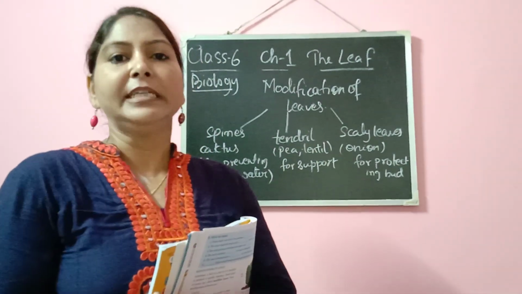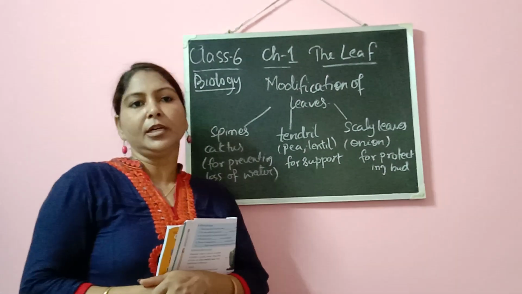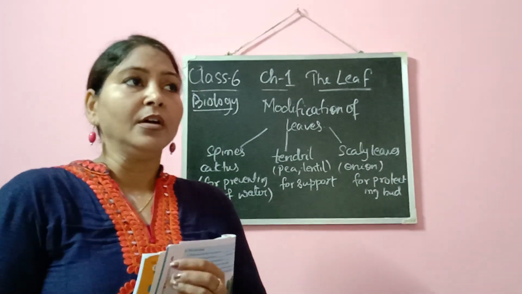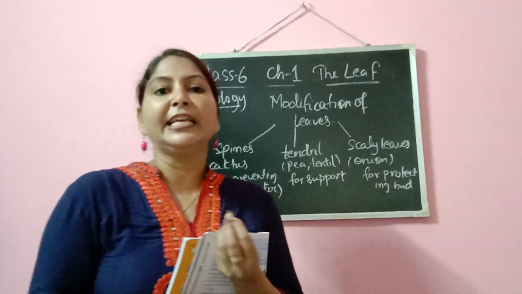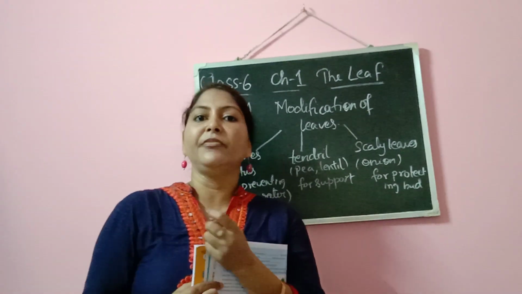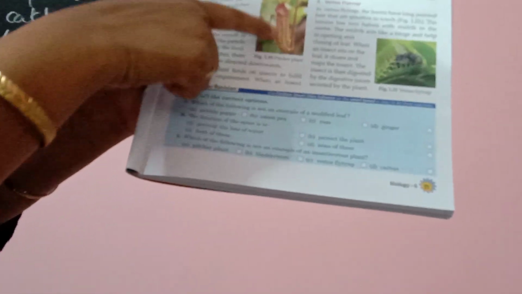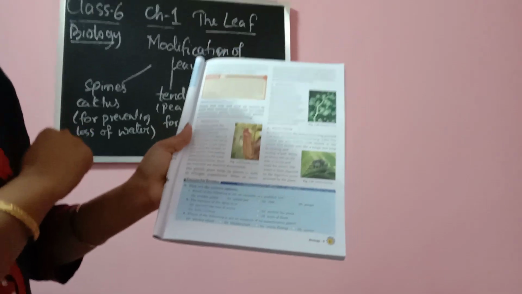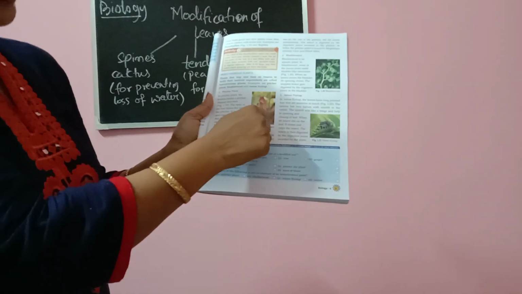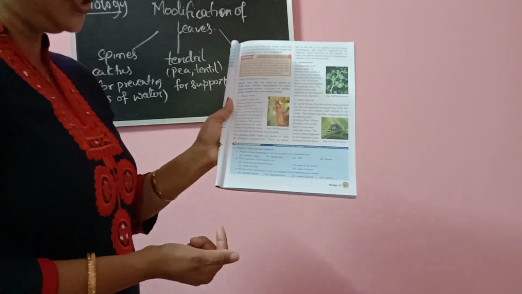So we are talking about insectivorous plants. That means those plants which cannot prepare their own food. Not necessarily that all plants are insectivorous, but there are certain plants which take their nutrition by feeding on insects. Like for example, the pitcher plant. You can see here in the book also. In this, you can see, this is the mouth of the plant. It traps the insects, and the insect gets inside it and they engulf the insect, and this is how they get the nutrition from the insects.